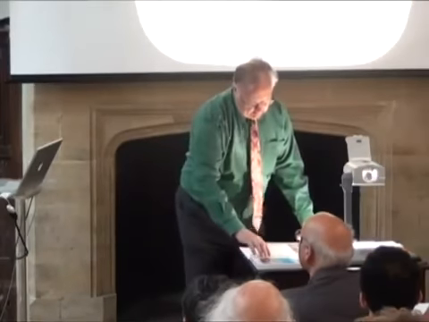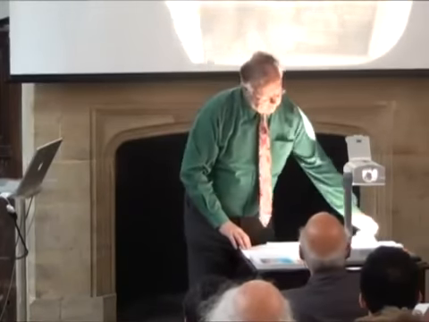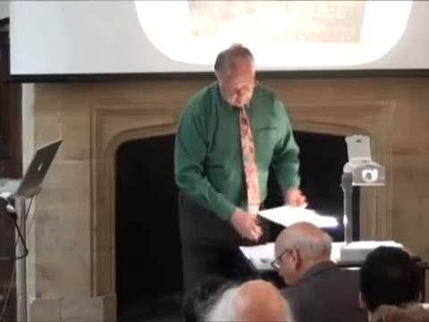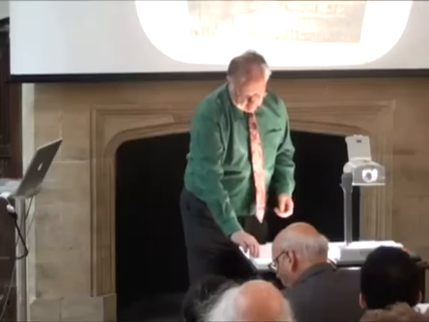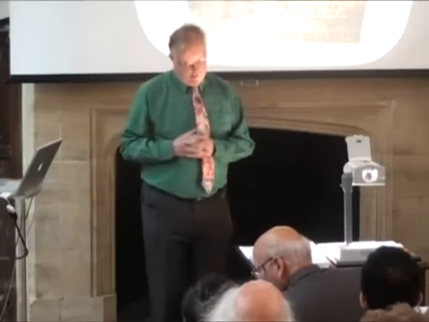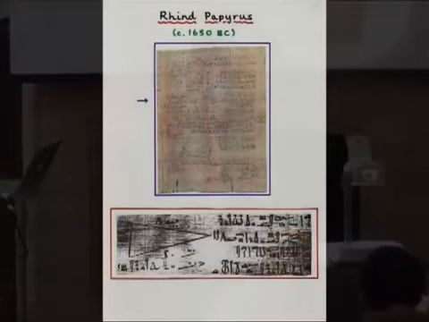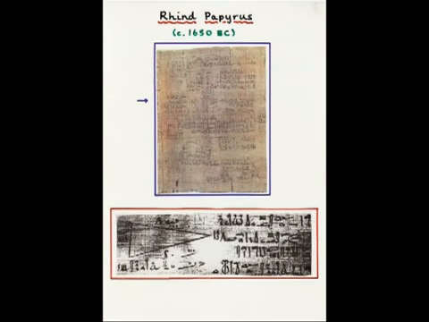Well, as I said, our knowledge of later Egyptian mathematics is scanty, deriving mainly from a small number of fragile primary sources, notably the Moscow papyrus, which is about 1850 BC, and the Rhind papyrus, which you can see a bit here, from about 1650 BC. This is in the British Museum, though I believe they're still hiding it away, and I think we ought to put pressure on them to exhibit it again.